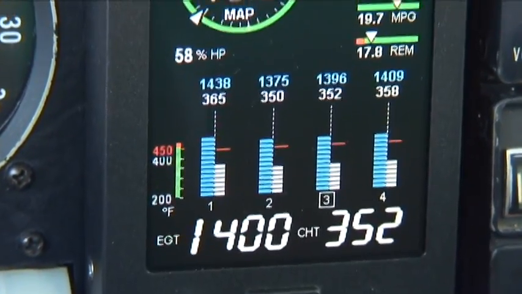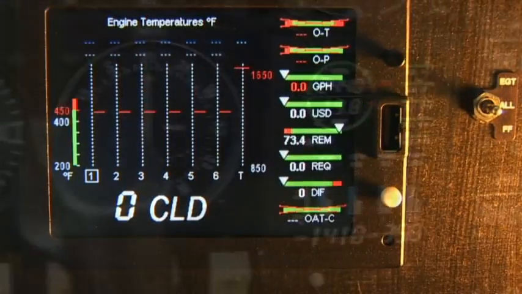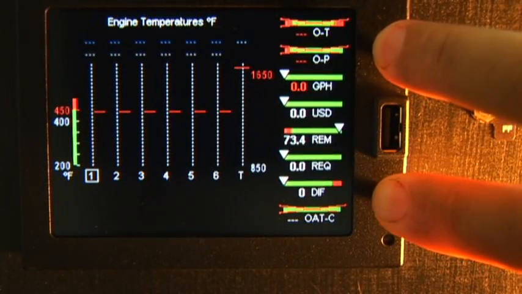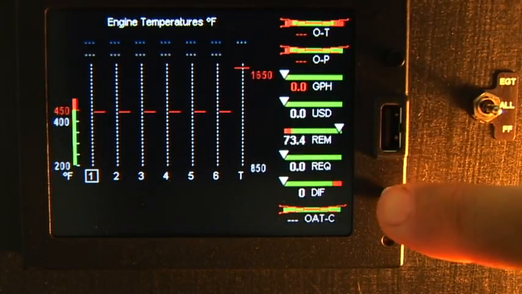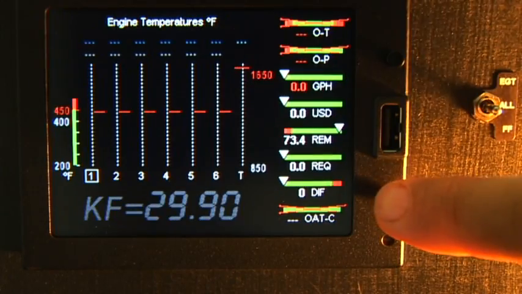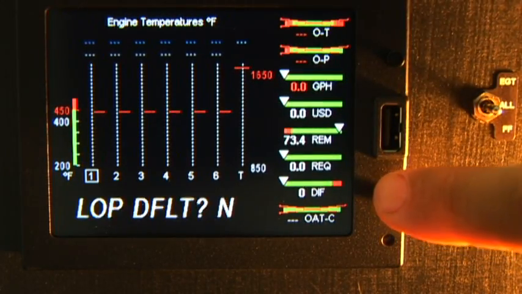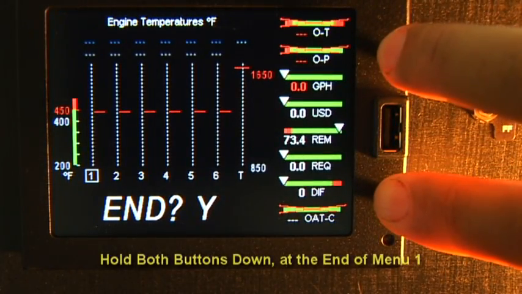Changing alarm limits. You can access a second Limits menu at the end of the first program menu. To change alarm limits from the regular scan, you must first simultaneously hold down both the Step and Lean Find buttons for 5 seconds until you see the word Program. You step through that section until you see End Y. At that point, again, simultaneously hold down the Step and Lean Find buttons for 5 seconds. You will see